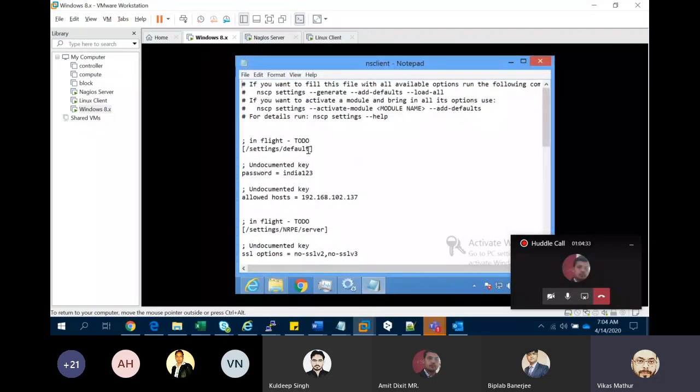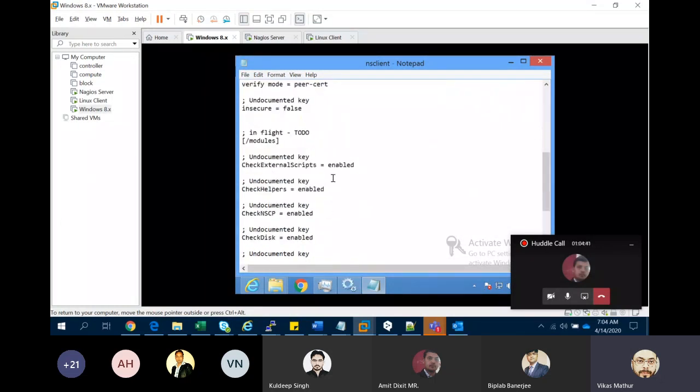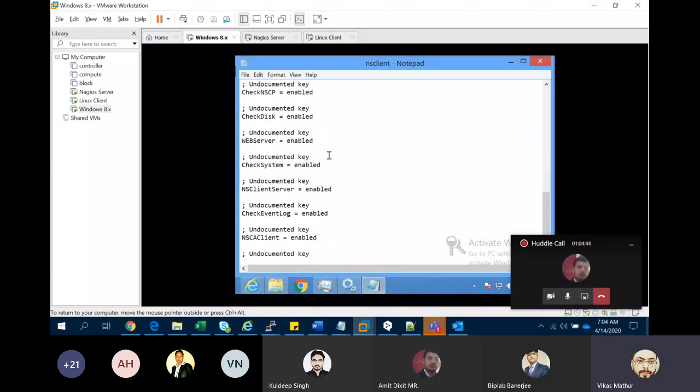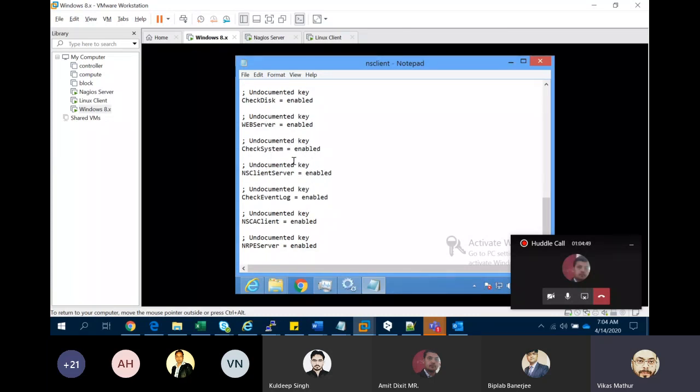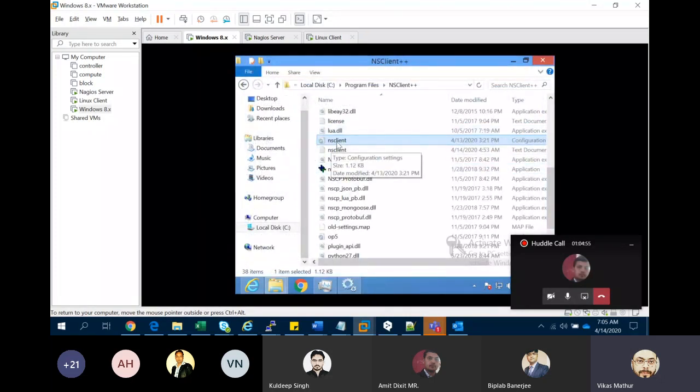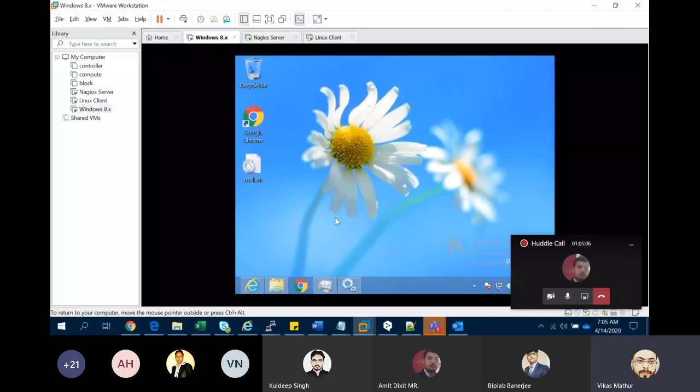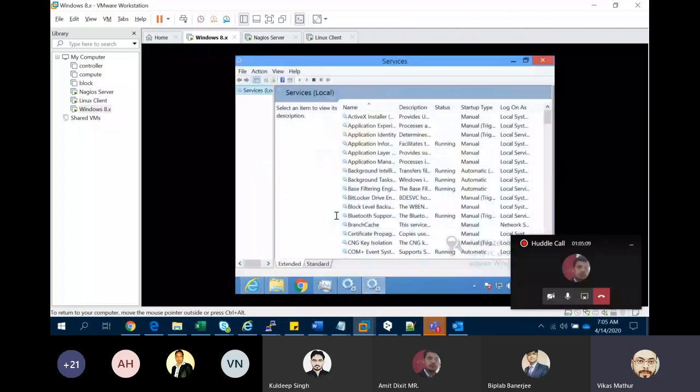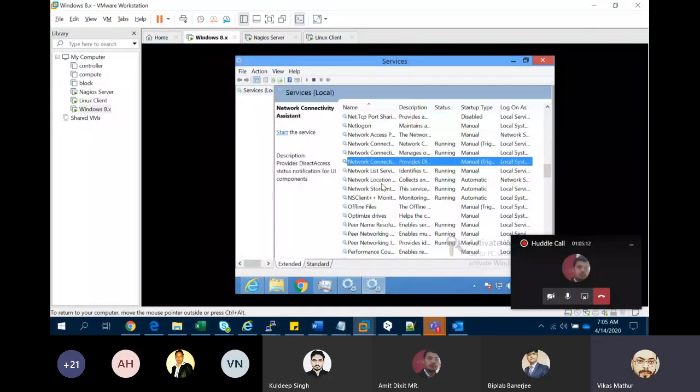So at the start, once your NSClient installation is completed, you can see the allowed hosts and the password. Sometimes these are in a disabled state. So what you have to do is enable these check status and services options. After that, sometimes if you want to make changes here, it will not allow you. So first, copy this particular file to the desktop, make the changes, and then copy and paste it back. And after that you have to see whether your services are working